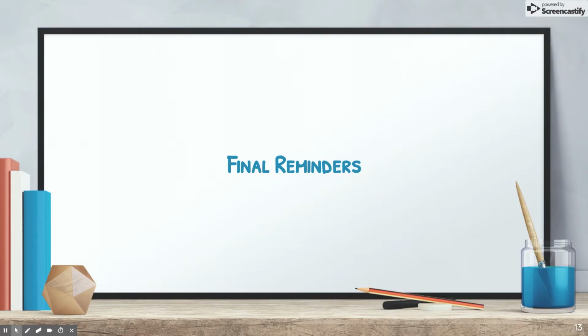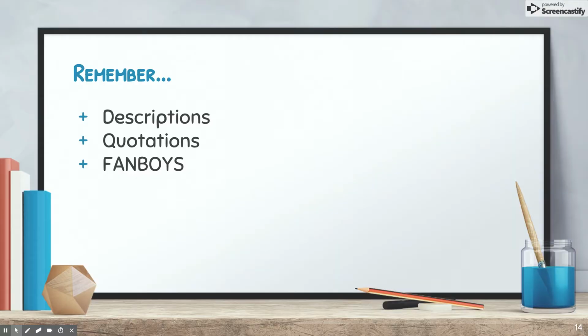Lastly, some final reminders before we go. Just remember, you use commas for descriptions to separate two or more adjectives. You're going to use them for quotations, so to shift between the main discourse of a sentence and a quotation. And whenever you're in doubt and you don't know whether to use a comma, just remember